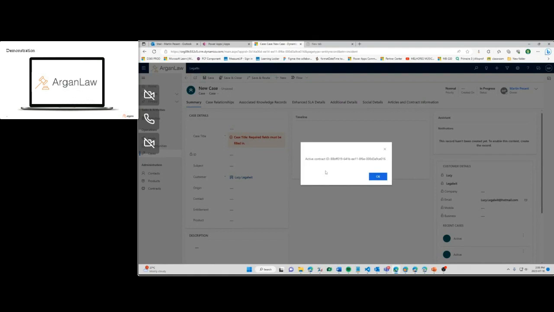So imagine the contract is done electronically. Whatever condition we have in the contract, since the data lies in the contract and the data talks to Dynamics, we can use any field in the contract to do any kind of condition or automation we want. So that is the beauty of streamlining your document and